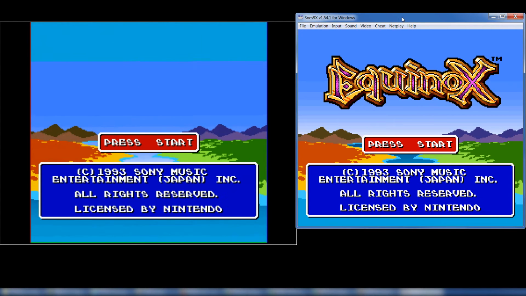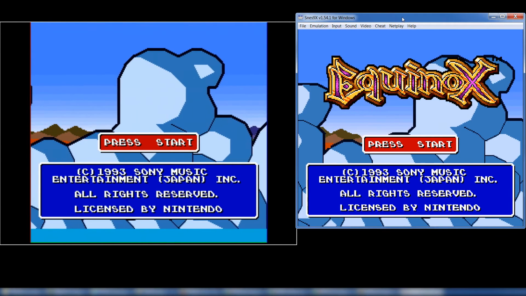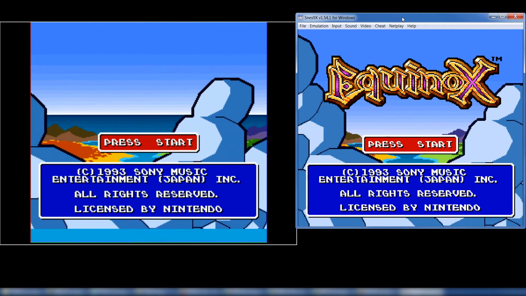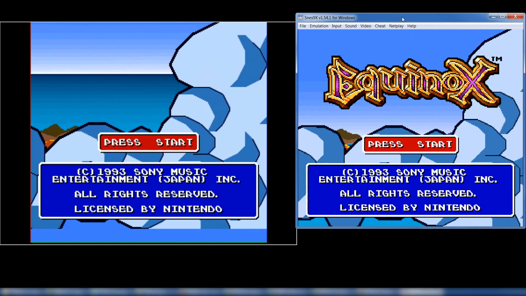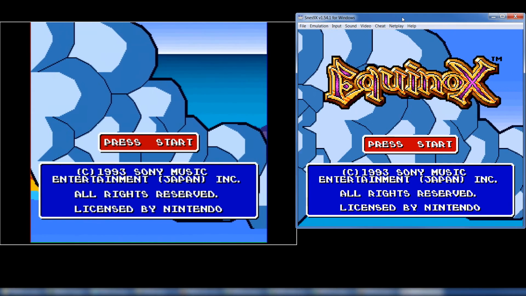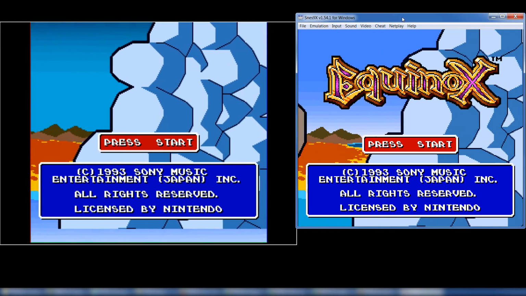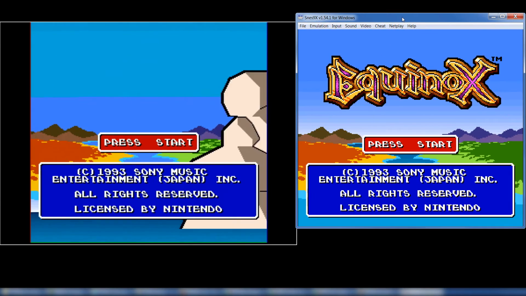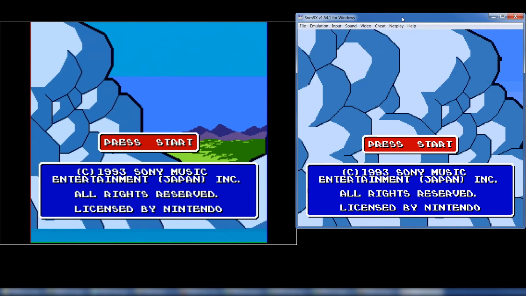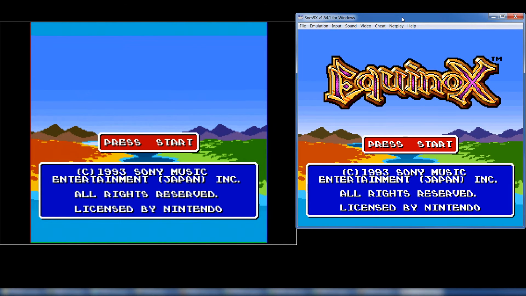Try and get these in sync here. That's pretty good. Yeah, the horizontal fine scrolling will make a big difference. And it's probably a little hard for you to tell because I've only